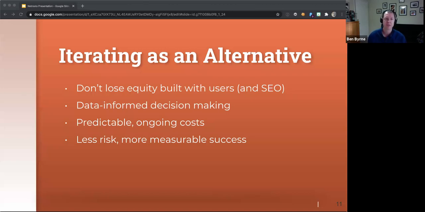This means that there's less reward per each change. You don't get that big high, like we launched a whole new website. But even though there's less reward per change, because you're thinking about and changing fewer things at a time, and you're more able to measure those